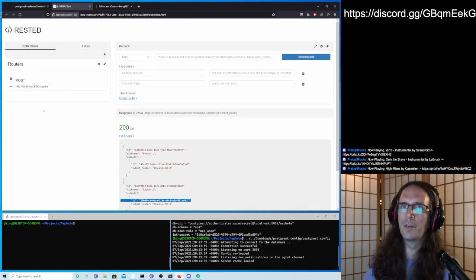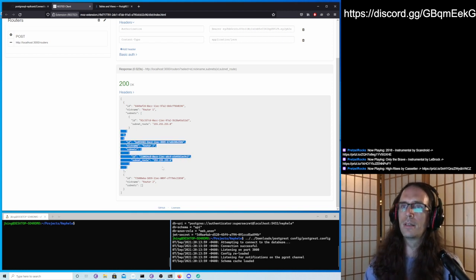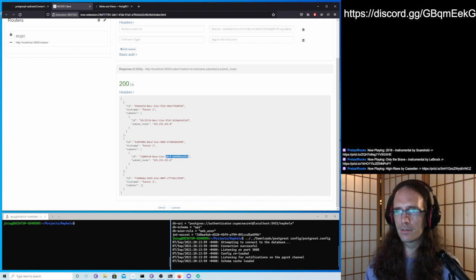And then, yeah, if you want to post and create a new subnet, then you post to the subnets endpoint. You want to post and create a new router, you create it here. And then on the back end, when those changes come in, which we'll see when we get that working, we'll be able to see a new router created and turn that into a router created event.